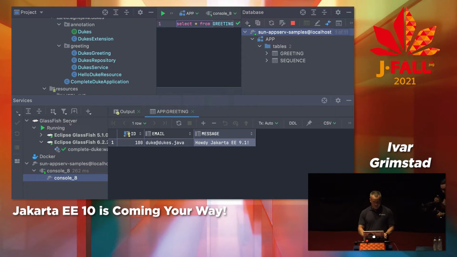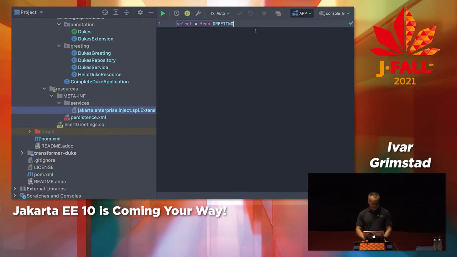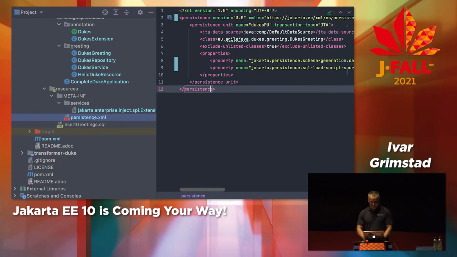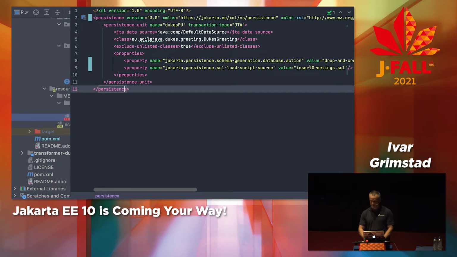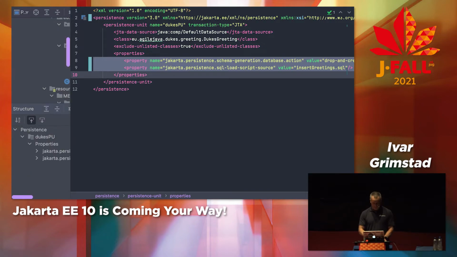So if I go back here, and in order to not be forced to do this database update again, I'll just change my persistence file. You can see here's where I'm inserting the greetings. I'm doing a drop create and insert these. And that is a good idea to do in demos. You wouldn't necessarily do it in production, but